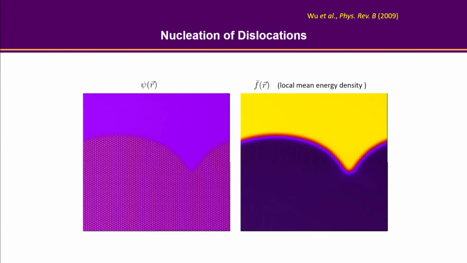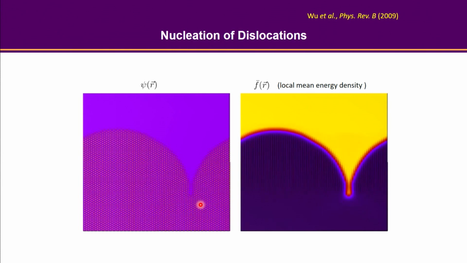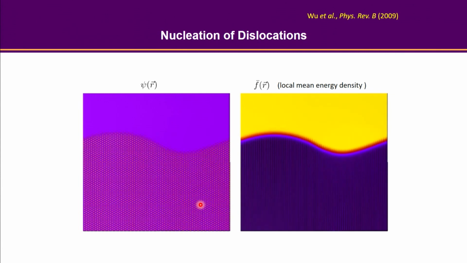Here is the same simulation, but it's being played maybe 50 times slower. Clearly you can see what happened here: because there's an expansion on the top, the larger the expansion is, the more compression you are going to get at the trough. So when the lattice plane is compressed too much, the goal is to reduce the elastic energy as efficiently as possible. Instead of being compressed further, the system at a certain point is going to nucleate a dislocation. And once that happens,